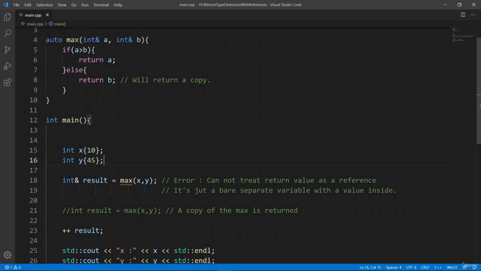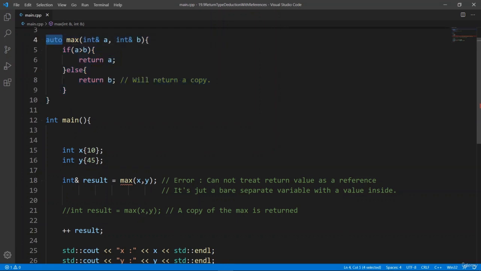That's what it's going to be deduced by the compiler here, because even if you assign a reference to an auto variable, that's just going to be a copy. It's not going to deduce a reference. So this is really like we are returning by a value here, and the return type is going to be